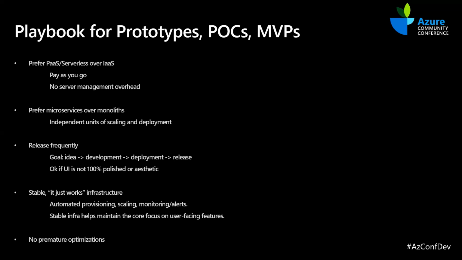And finally, an important rule of thumb for prototypes is no premature optimization. So as an example, right? All our backend APIs, we measure the API latency or the response times. And as long as those response times are within an acceptable threshold, we feel that we can avoid something like a Redis cache altogether. So we'll delay adding a Redis cache until the API latencies, the P99 latencies, exceed some threshold. Until then, we could do away with unnecessary stuff like in-memory caches or Redis caches. Just keep things simple.